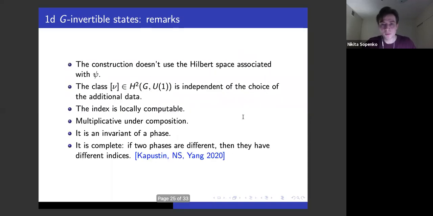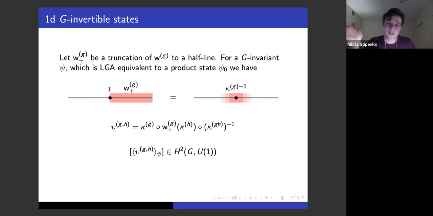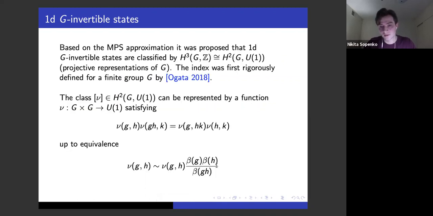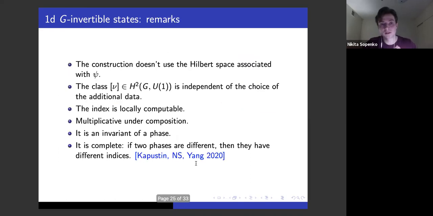So the properties are summarized here. What kind of choice do we make here? On this picture, we choose some half-line, and we choose some LGU localized on the boundary of this half-line. And one can show that if one varies this line, considers a different half-line and a different LGU, then this function that we get, like the average of this zero chain, which is local, and so the average is well-defined, changes only by an expression of this form, with some function beta of G. So the class is well-defined.